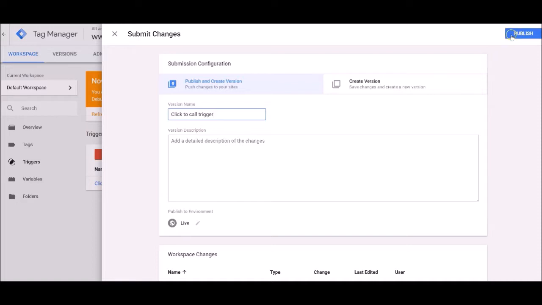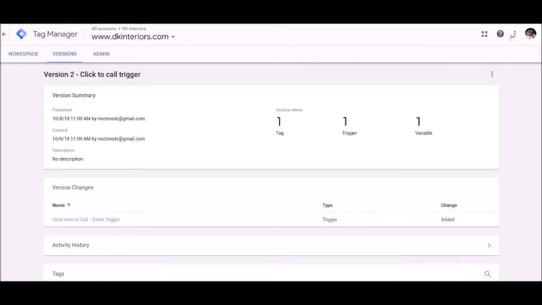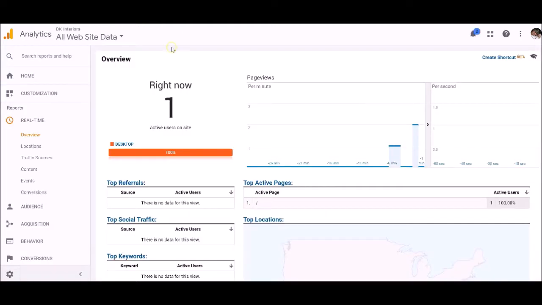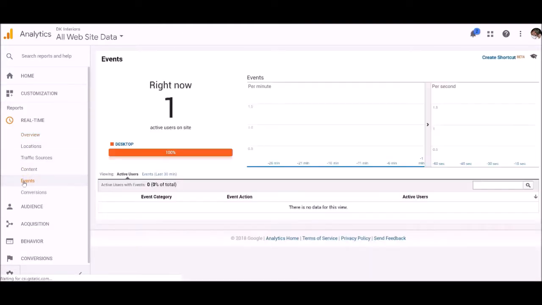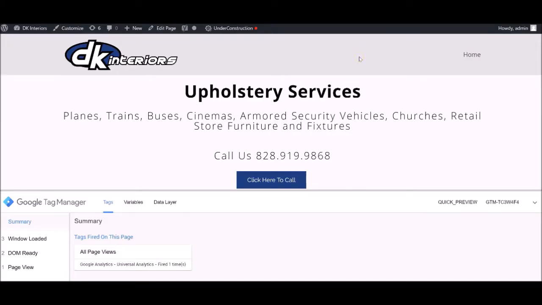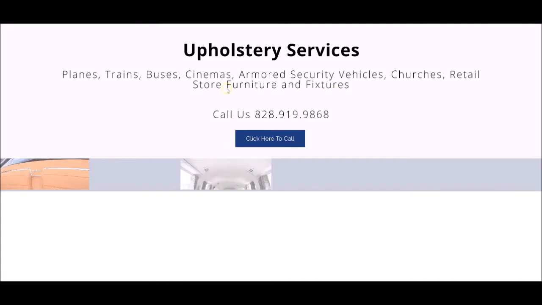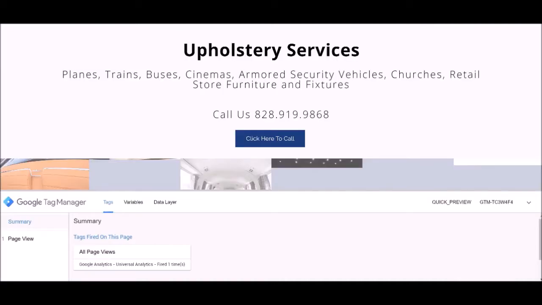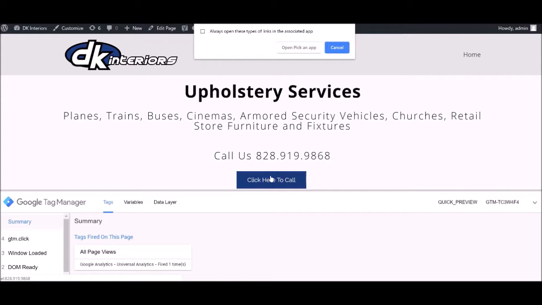Click the call trigger. Go back to workspace. And let's go look at analytics. We're going to look at events. There are no events as of right now. Control Shift R. We're going to refresh this page. And there's no events. If we did this right, which I'm pretty sure we did, when I click right here,